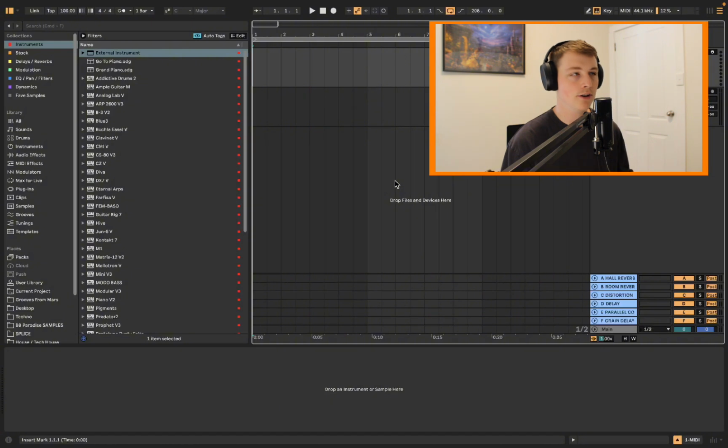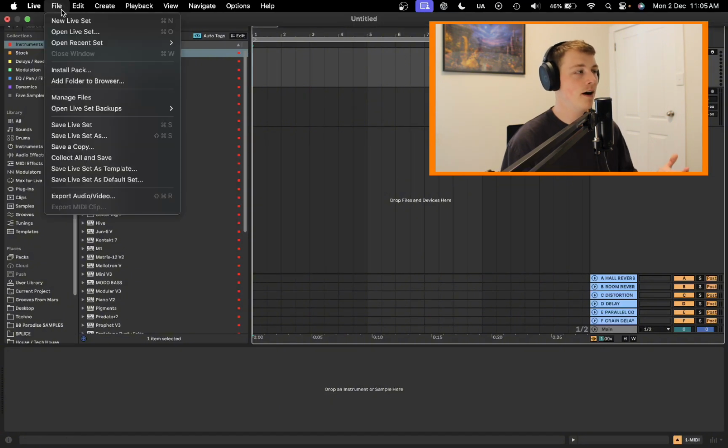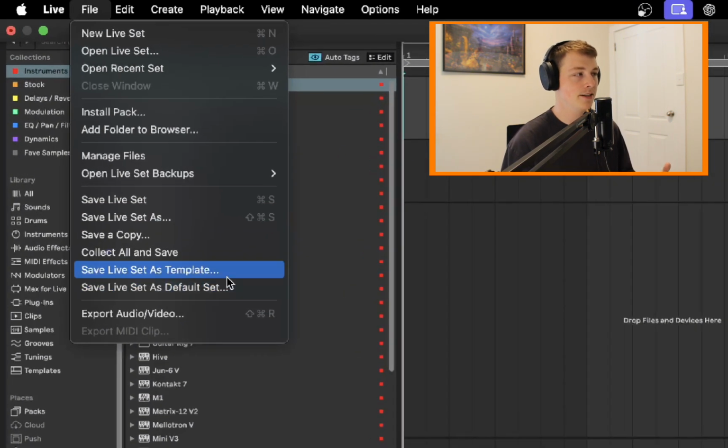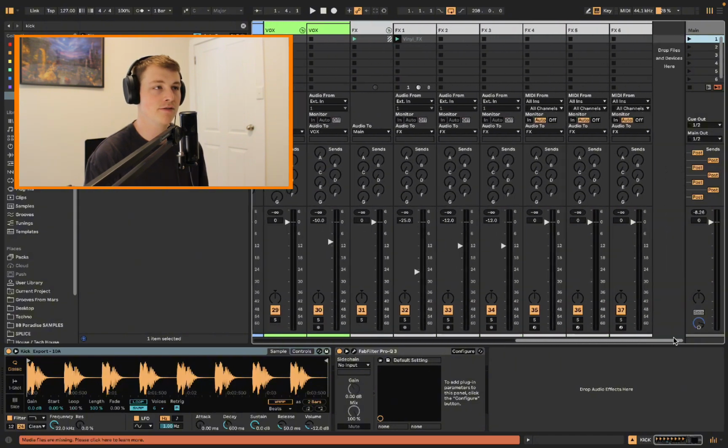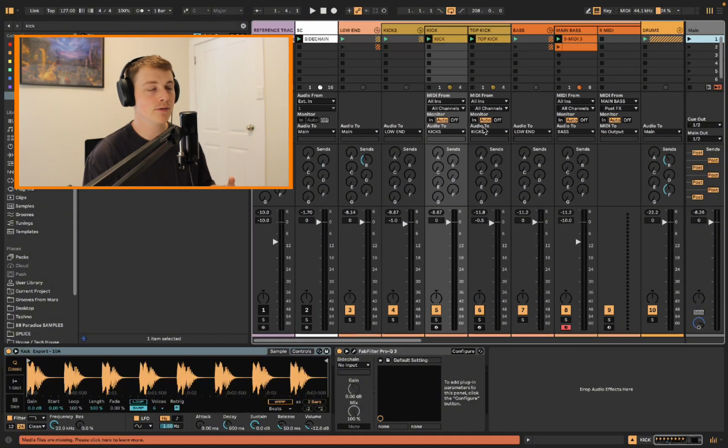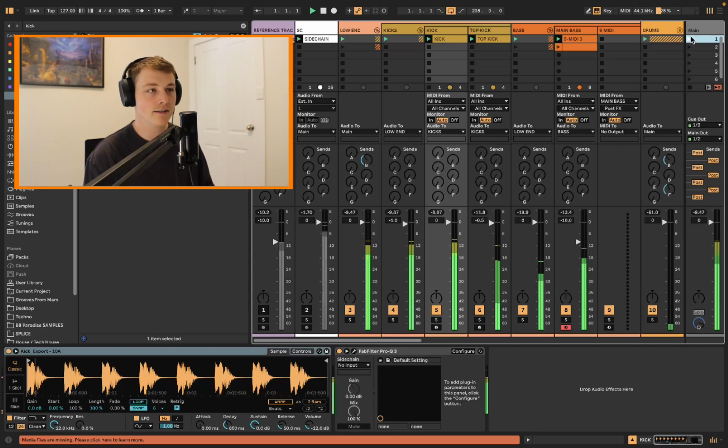So for those who don't know, you can go up to your file here and you can save templates, and you can also set a default set. So here's an old template of mine where I started with the session view first, and I'll just walk through some of the benefits of using this. Because you start in this view, you can almost just create different sections of the track. So you have this first section here,